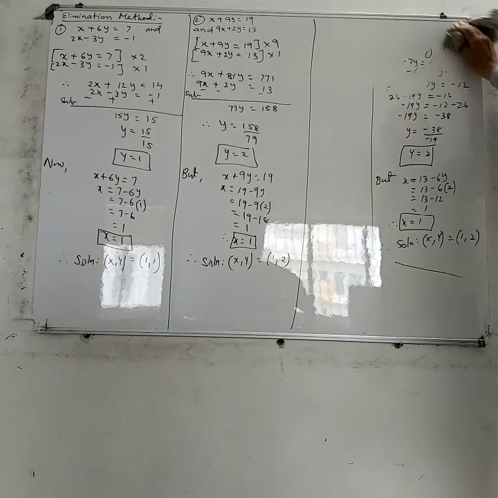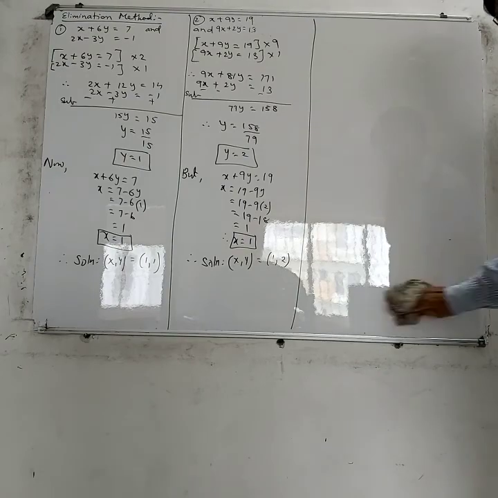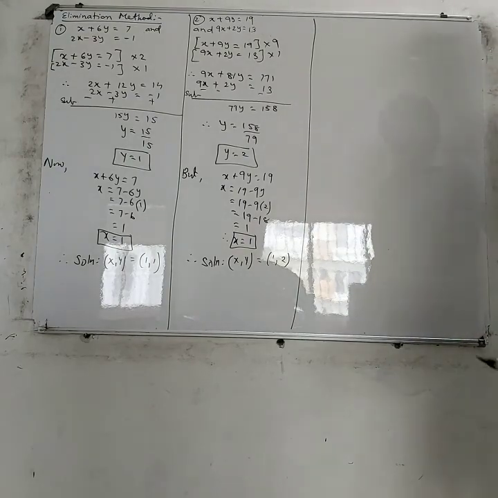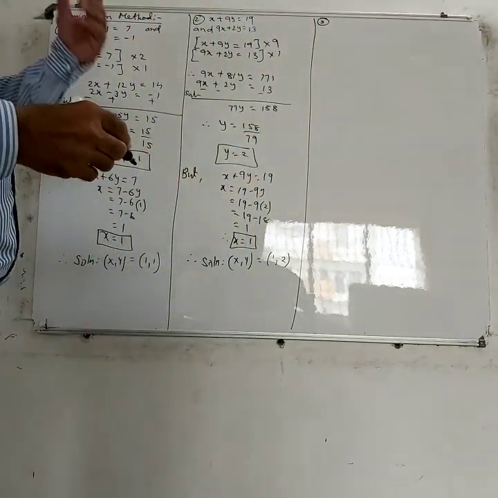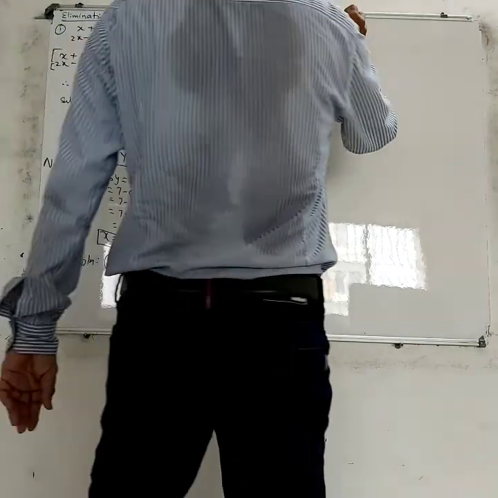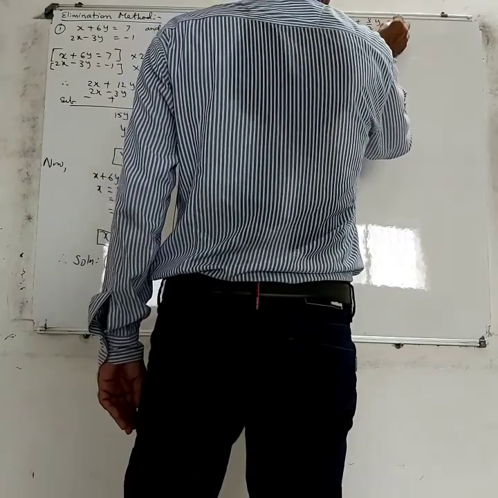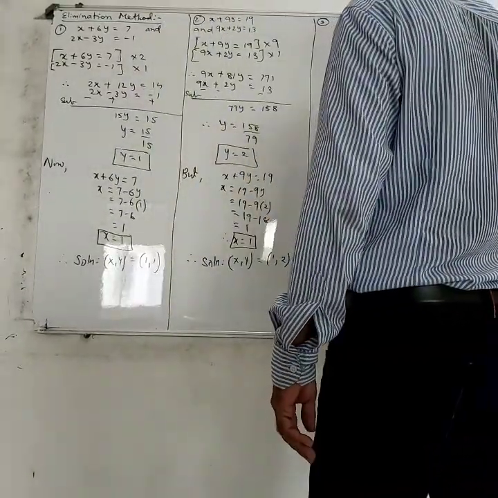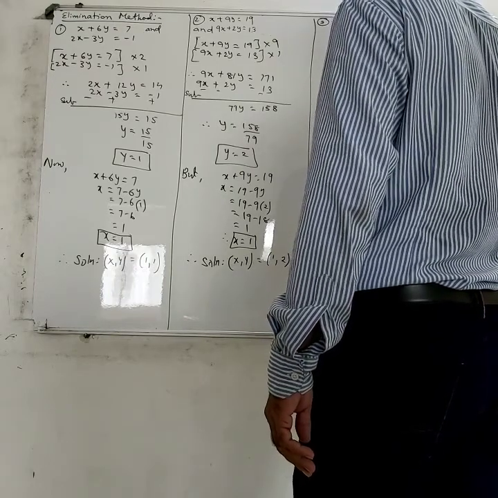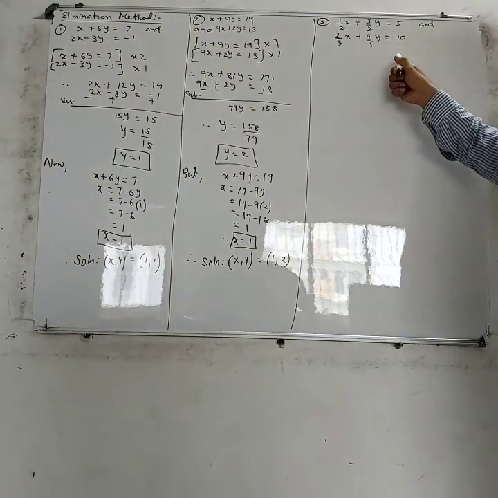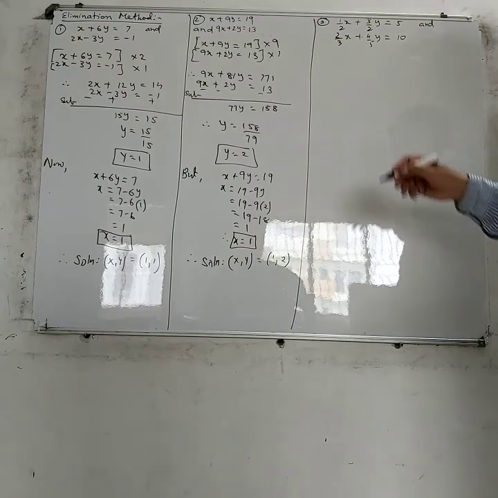I will still do another example. Let us take another example where we use elimination method only. To use elimination method is not tough at all. See the third, let us take another example. Now here, even if it is in fractions, you can still change it. Let us say half x plus 3 upon 2y is equal to 5 and 2 upon 3x plus 4 upon 5y is equal to 10. Now here there are fractions, so one has to be careful about these fractions. We just make sure that it is slightly modified.